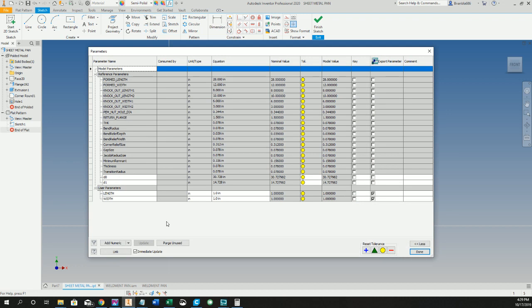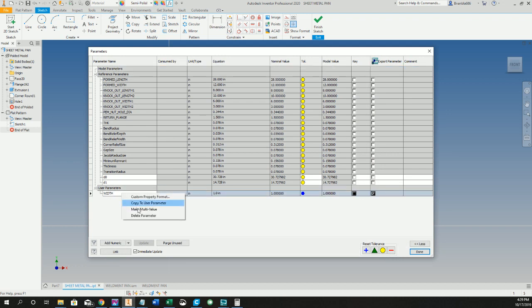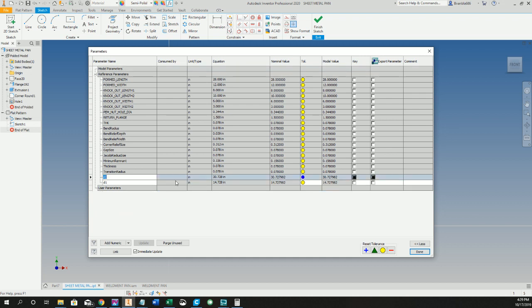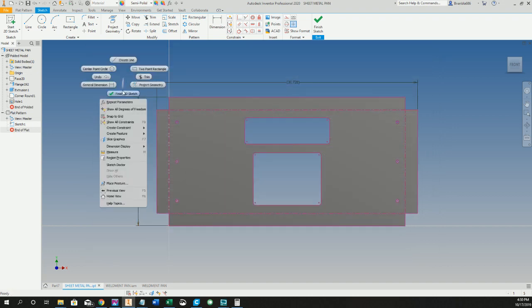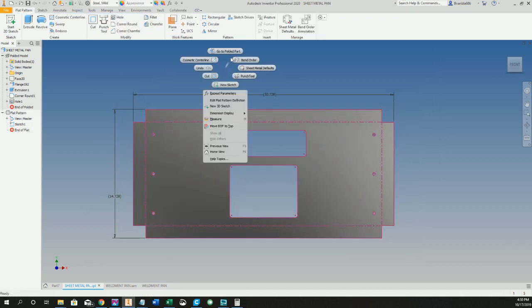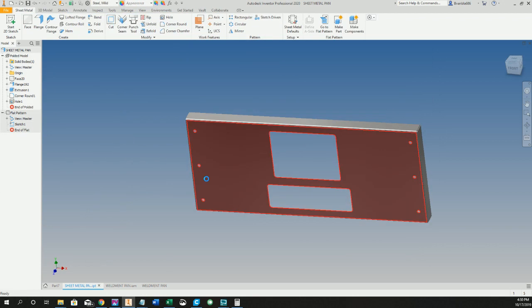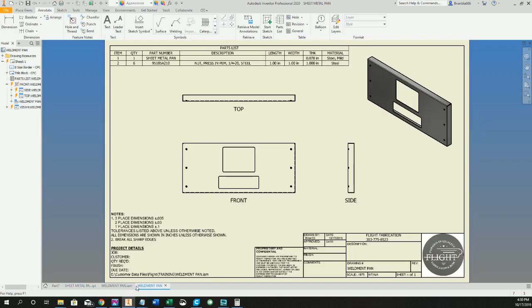Now there's two different ways that we could do this. I didn't have to create these user parameters. I could have just renamed these two, and in fact that's typically what I do, so I'm going to go ahead and just delete that. Okay, so I always use the length as being the longest dimension, and I'm going to use this width, the shorter of the two, for the width. Make sure that the export parameter is selected, say done, finish the 2D sketch. Let's go back to our formed view, save it, perfect. Let's go back to our drawing